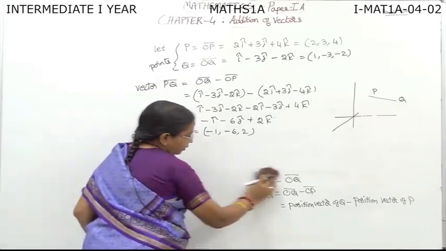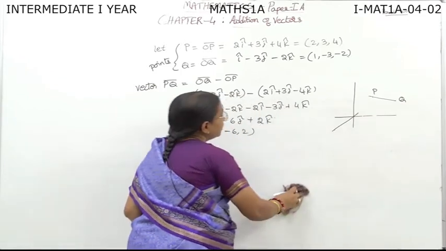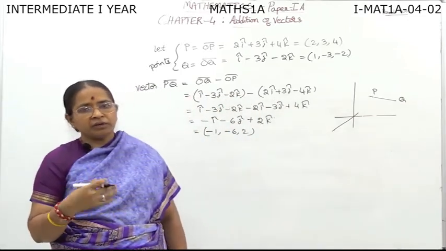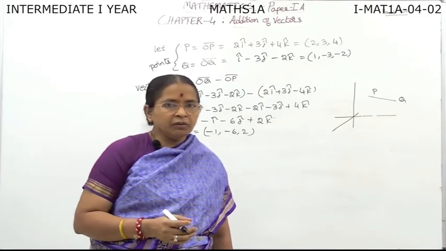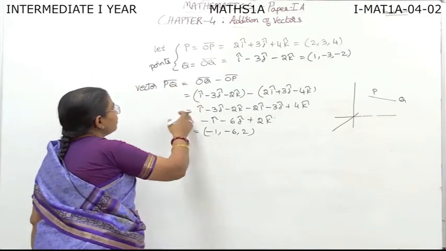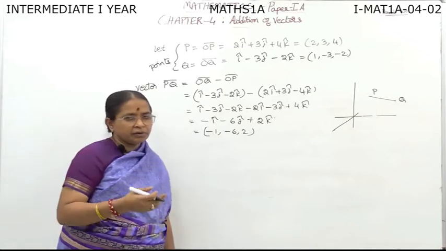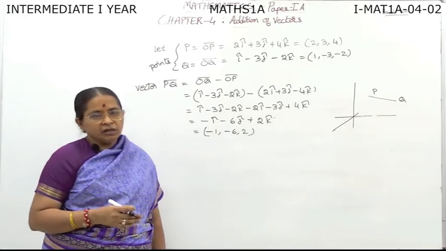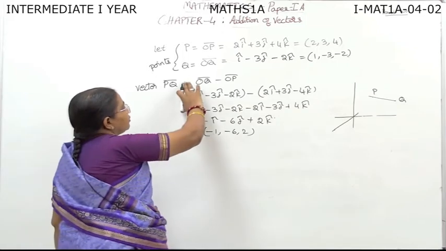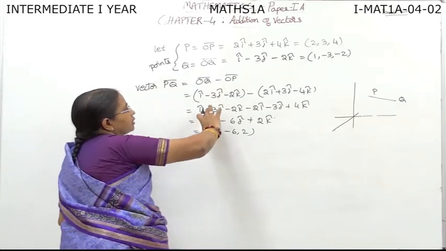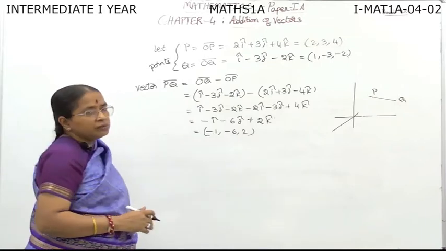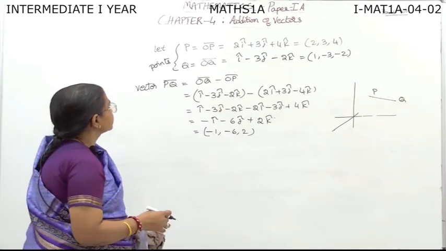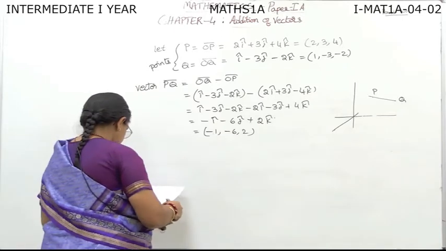So you must read the problem properly and see, if points are given, you convert them to vectors and do the problem. If vectors are already given, the problem will be direct. You will be writing the steps directly like that. So this is the main difference here. You should understand this point clearly. So points as well as vectors will be in terms of ijk like this. Okay, next is